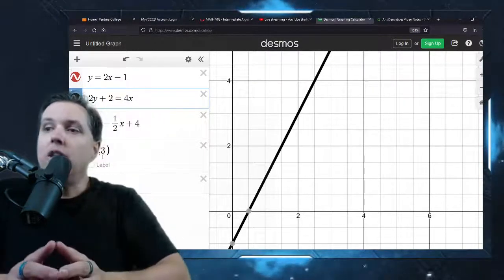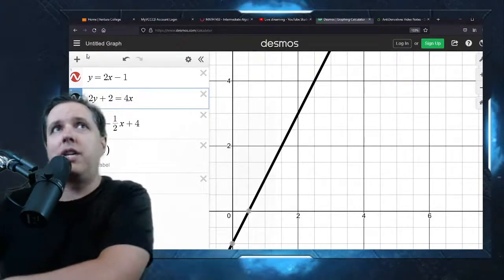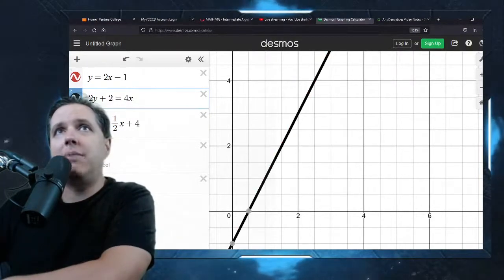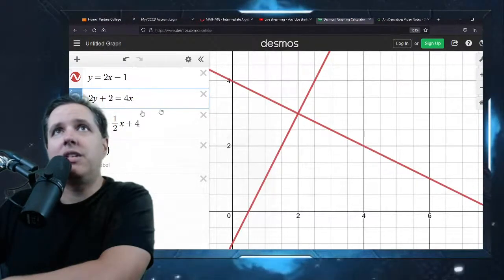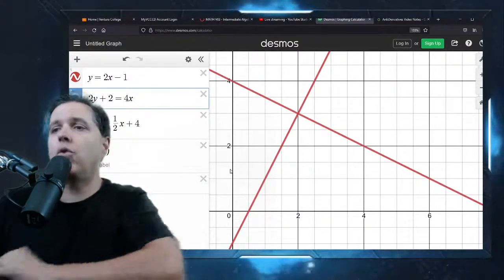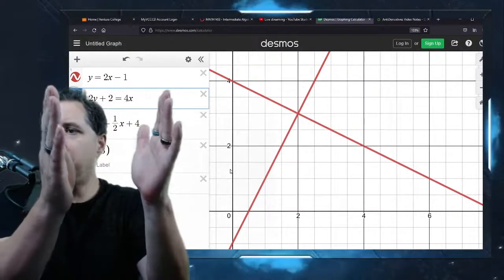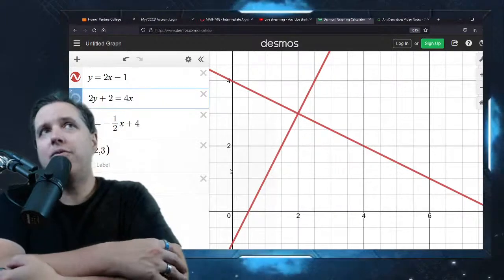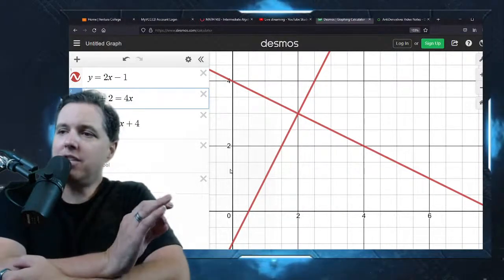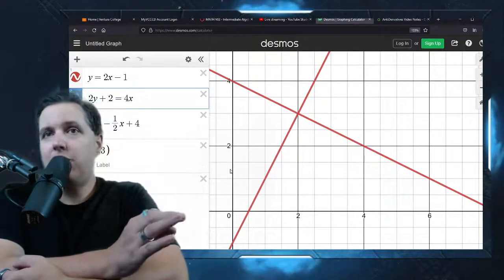When you're doing these graphically, it's pretty clear, right? Right here, oh, I can see my lines are right on top of each other. Or I can see that I'm dealing with lines that cross at exactly one point. Or, oh, I can see that the lines are parallel and not going to meet each other. That's very easy to see when we're using the graphical method. It's a lot trickier to see when you're doing the algebraic methods.